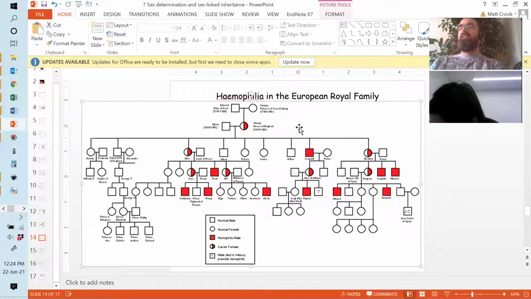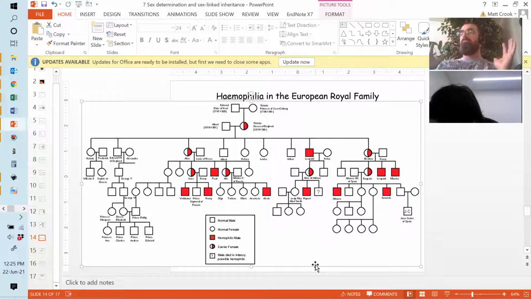Anyway, this is the pedigree inheritance of hemophilia in the European royal family. Here we've got Tsar Nicholas II of Russia and his wife Alex. Alexis, that's it, that was his name, Alexei. So this is a standard nomenclature, a standard way of writing